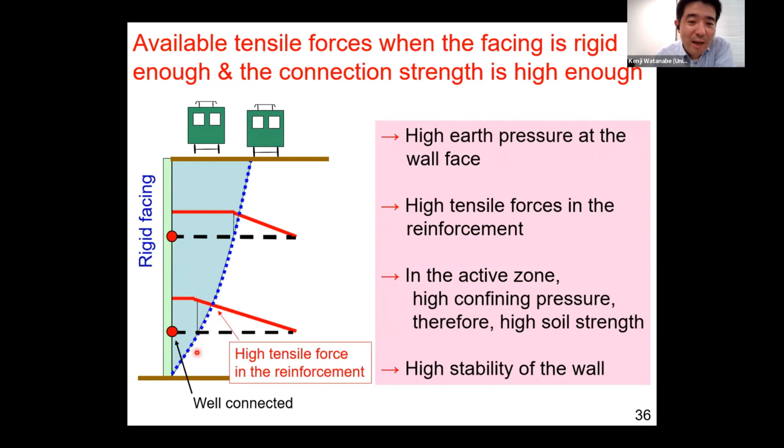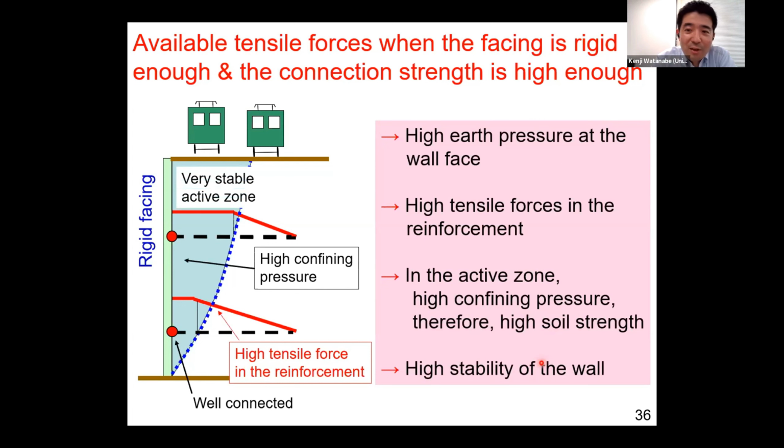So in that case, in the active zone, the confining pressure becomes high, so the strength of the soil becomes high, because the strength and the stiffness of the soil increase with the increase of the confining pressure, and then we can expect high stability of the wall. So it means that the rigidity of the facing is very important, and the reinforcement should be connected to the